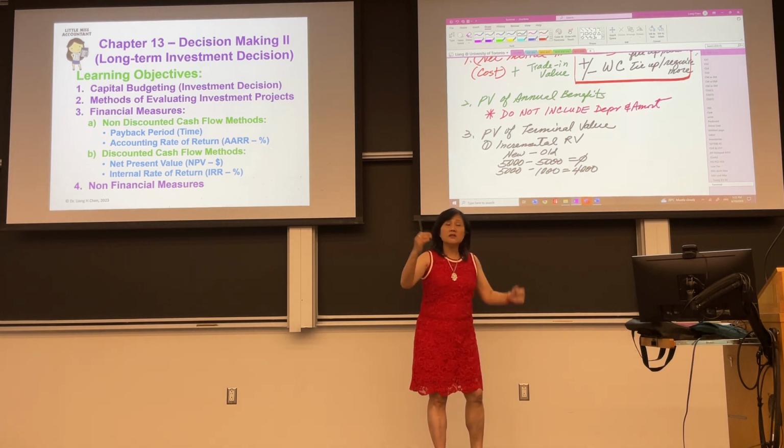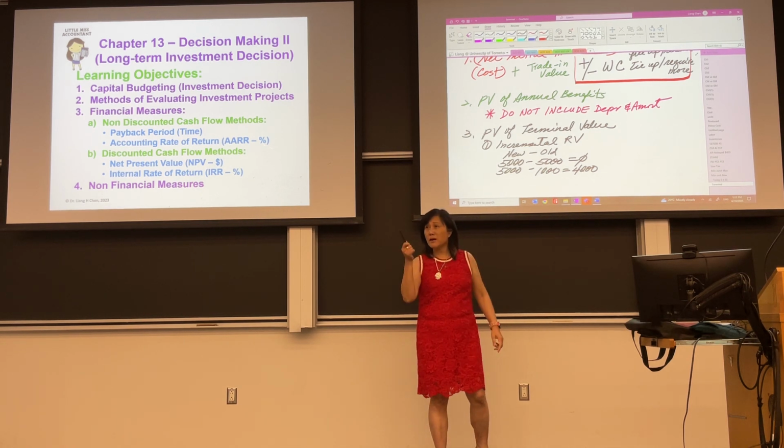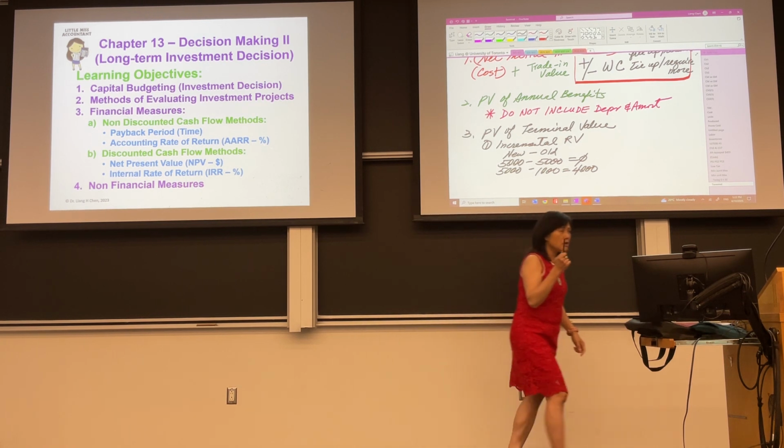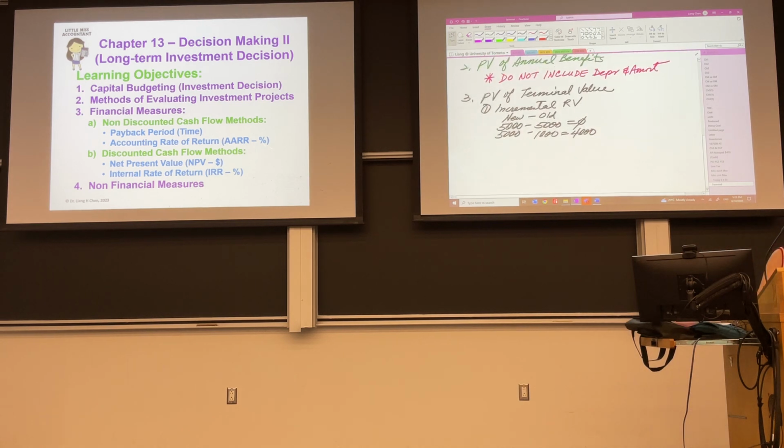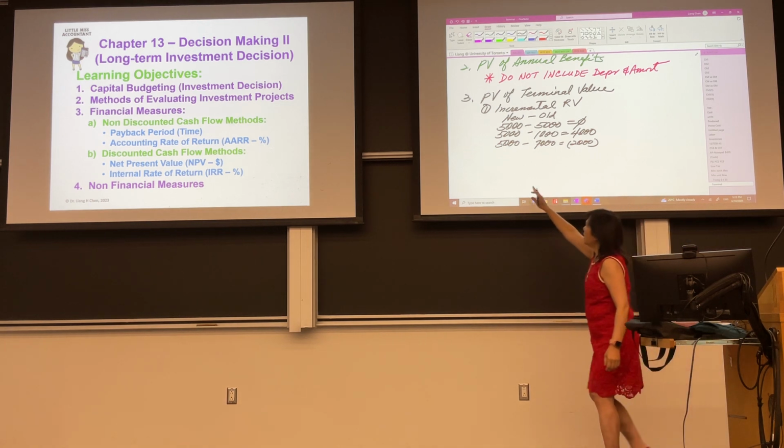Another situation is the opposite. That's why I said this part can be positive, can be negative. Nobody knows. You have to read the question. The new machine gives you 5,000. But the old machine maybe gives you 7,000. Originally, if you don't invest, you get 7,000. Now you invest in a new machine, you get less. So, $2,000, you lose out by investing in a new machine. You don't know. You have to look at the question. Okay? So how do you calculate? You always take the new minus the old.